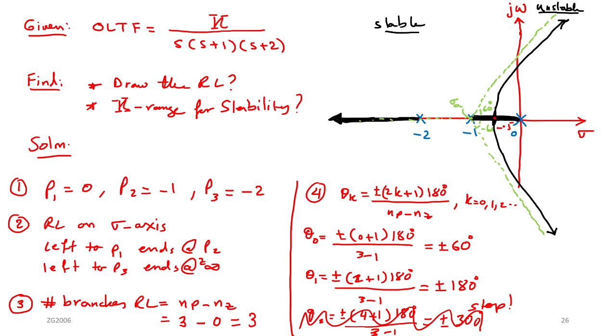But every time you change K, you will have 3 roots. So when K equals 0, what are the roots of the characteristic equation? It will be the poles, here, and here, and here. These are the three roots. Okay. So when k equals 0,